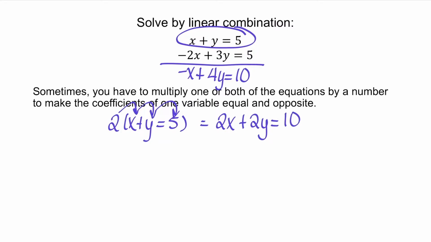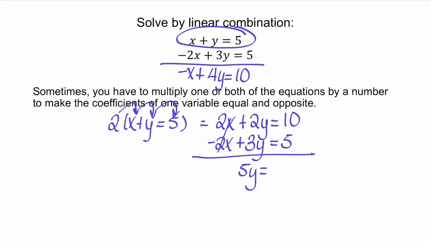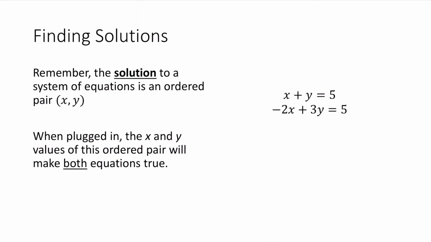Well then if I combine that with the second equation, notice I would have something that I can work with, right? Because the 2x and minus 2x would cancel, and then I have 2y plus 3y, which is 5y, and that equals 10 plus 5, which is 15. So that is something that I can now use to solve and find the value of y. So we'll work on solving this equation a little bit later, but before we get to that,